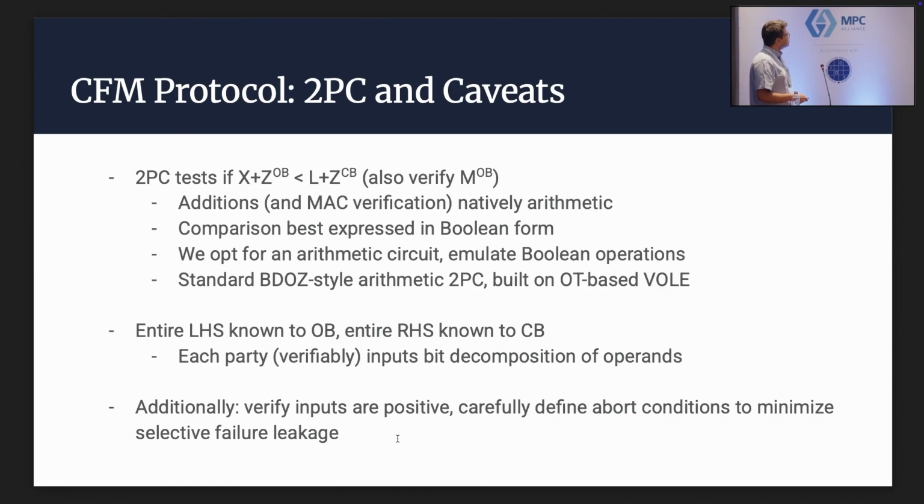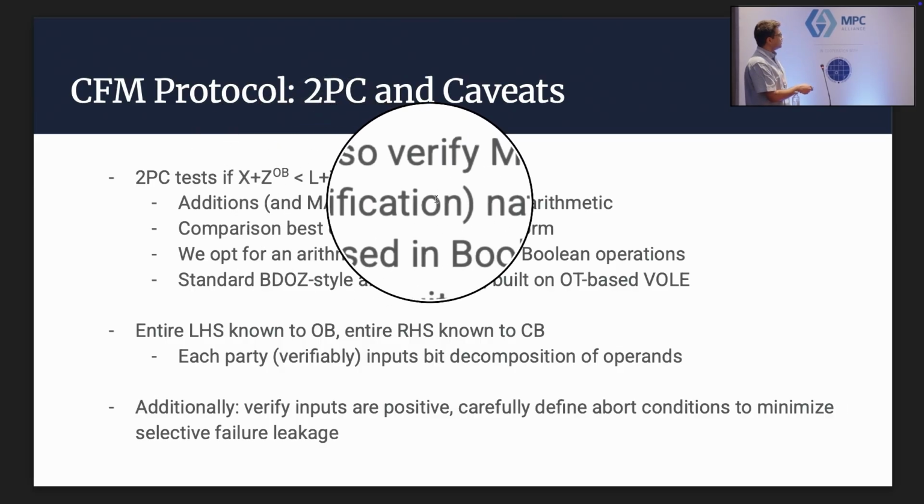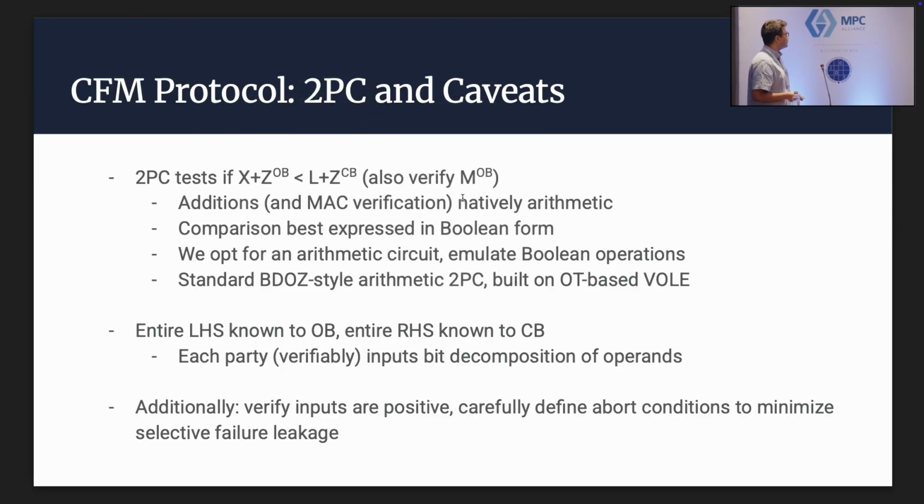Right, so basically the 2PC just tests this predicate, and the MAC value that goes along by the side is like a standard information theoretic MAC that makes sure that the output of stage 1 is correctly input into stage 2. Right, so what does the 2PC do? It does a couple of things. It runs the comparison and also makes sure that it's using the correct output from stage 1.